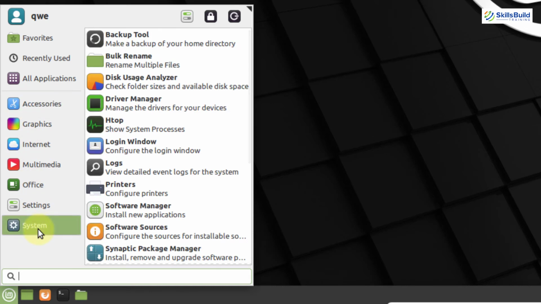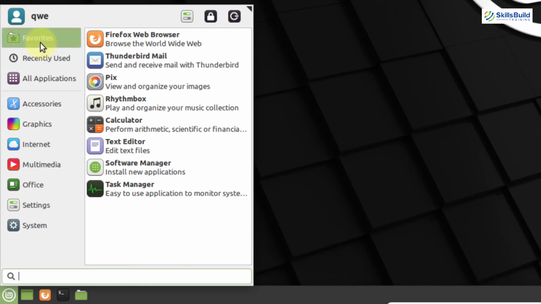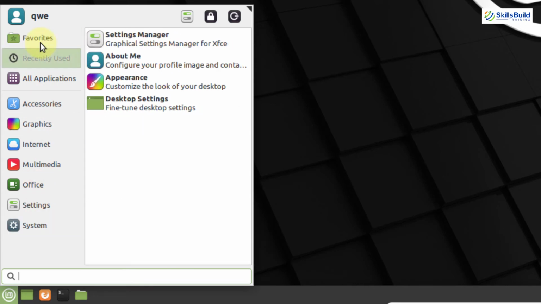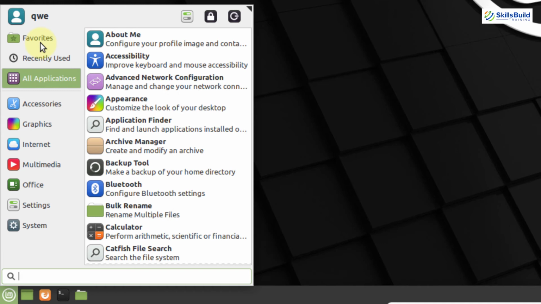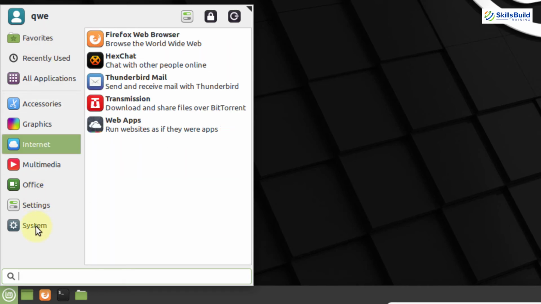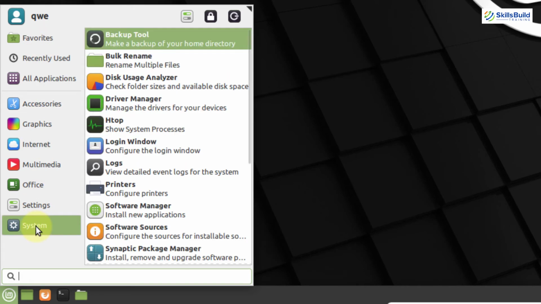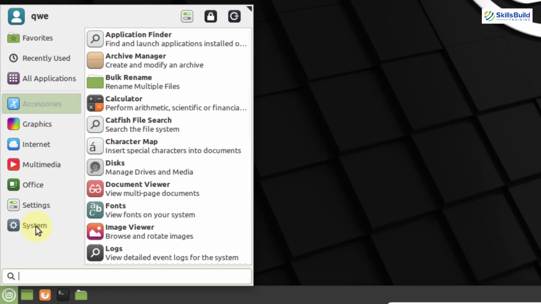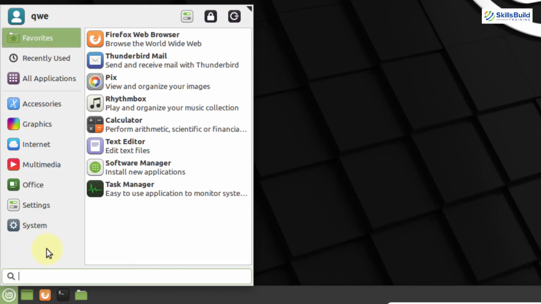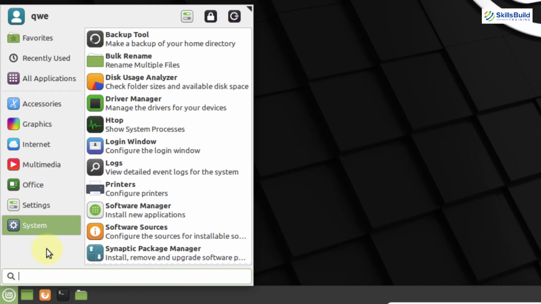In Linux Mint Cinnamon, we had some applications pinned. In Linux Mint Mate, we had some repositories pinned, but we did not have these categories, and we had to click on the all applications button. Then we used to have this kind of interface for application menus. But in Linux Mint XFCE, we get application categories straight away.